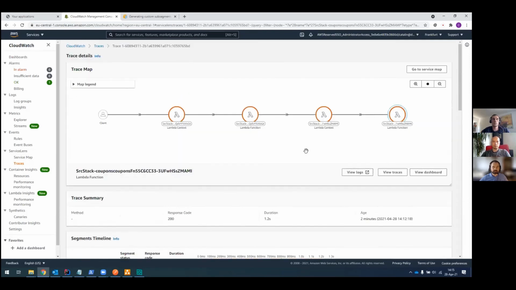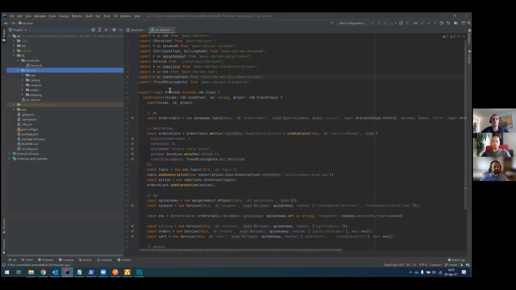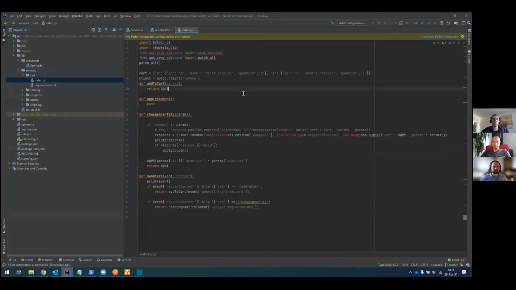So now we can take a look at our code. I'll go through each of these because I want to show you how we set this one up. But now I don't have to go to cart specifically, right? Because I can go to cart, I can see that it has a bunch of code, but I don't know where the error is coming from.